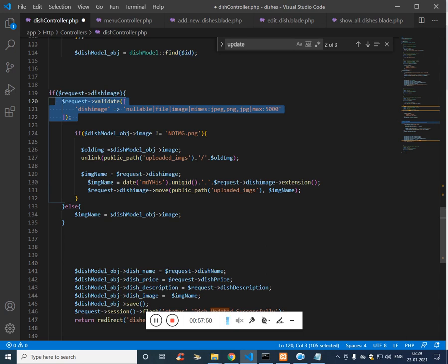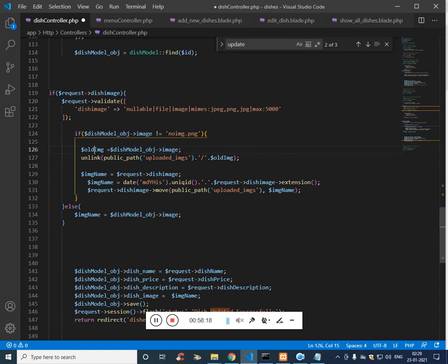Before deleting the previous image, I'm just making sure that I'm not deleting the blank image, that the image which is already present in the folder is not linked with the no image. If it is not linked, then we have to get the old image, which will usually be the data with ID.